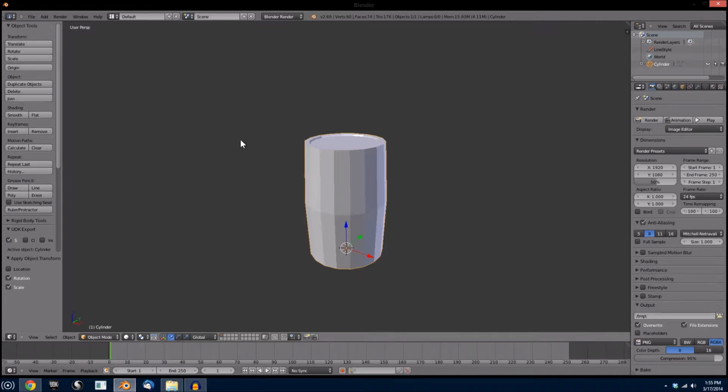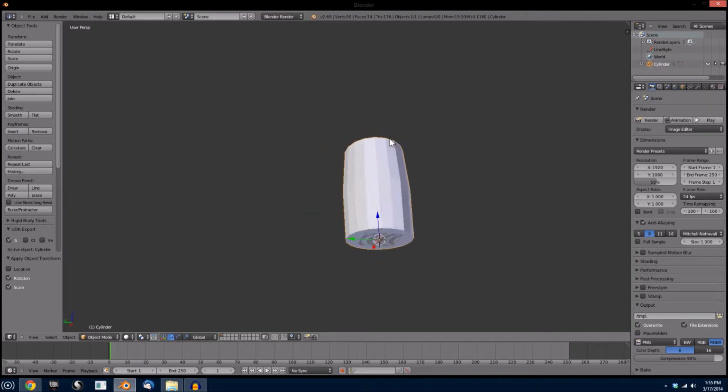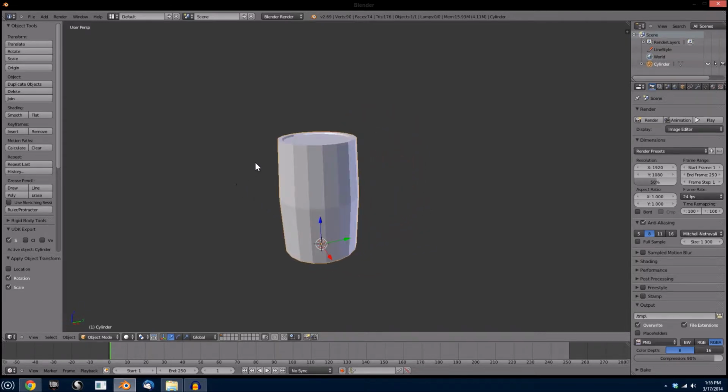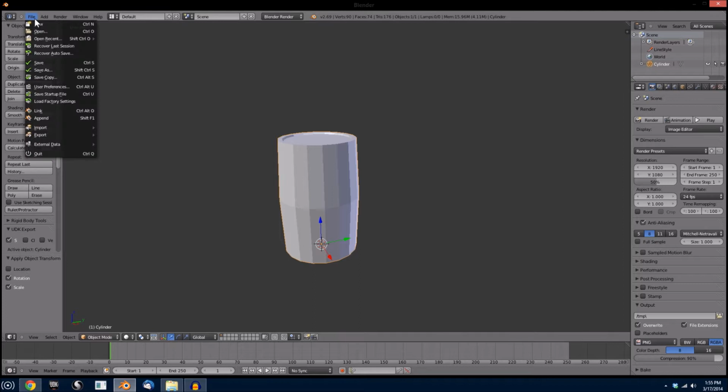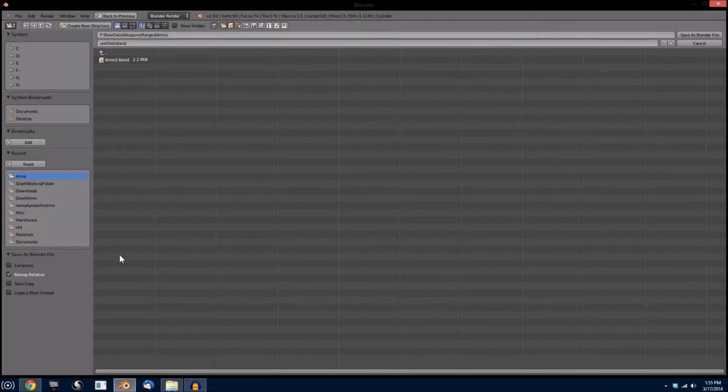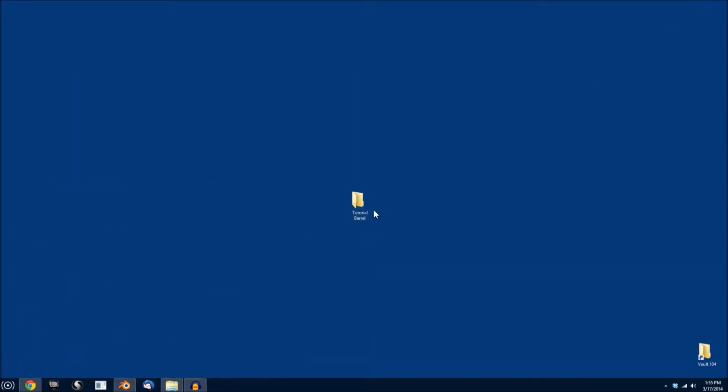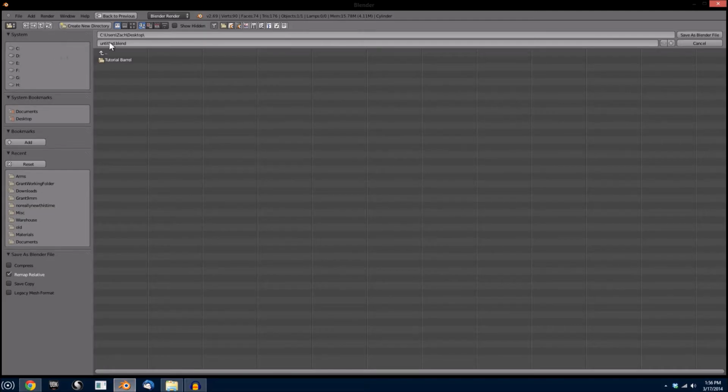Okay, since this is pretty much it for the modeling portion, let's go ahead and save our file. Let's do File, Save As, and we're going to go all the way to our desktop, where I've got a folder created for tutorial barrel. Just open that folder, and we're going to save it as